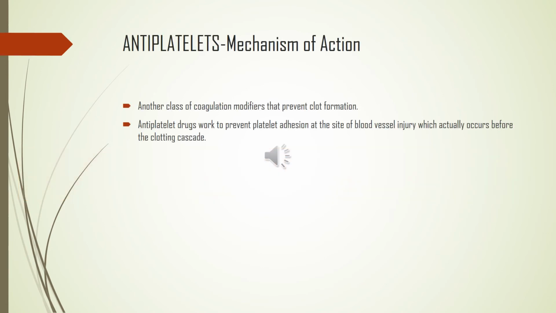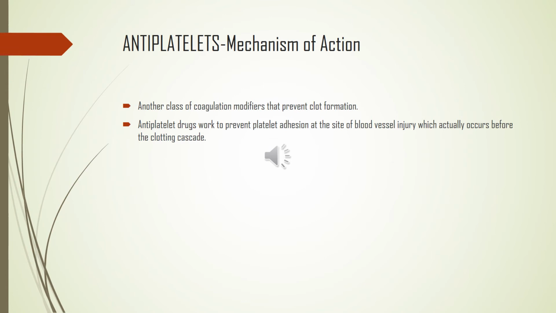Antiplatelet mechanism of action. This is another class of coagulation modifiers that prevent clot formation. They're the antiplatelet. Remember what part platelets play in the formation of a thrombus. Antiplatelet drugs work to prevent platelet adhesion to the site of the blood vessel injury, which actually occurs before the clotting cascade. So remember the steps in the clotting cascade. This is what I want you to remember. There's the injury, there is the adhesion,